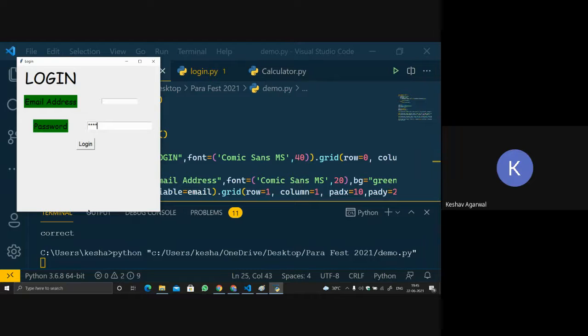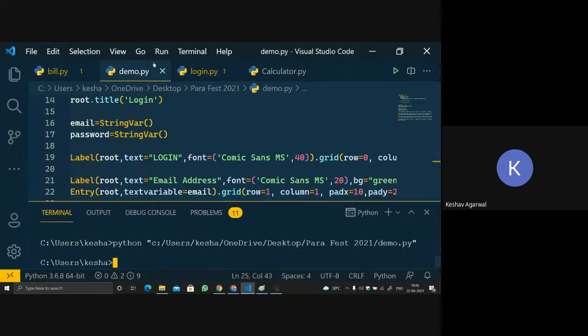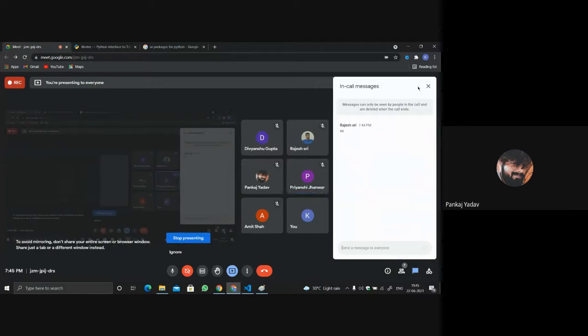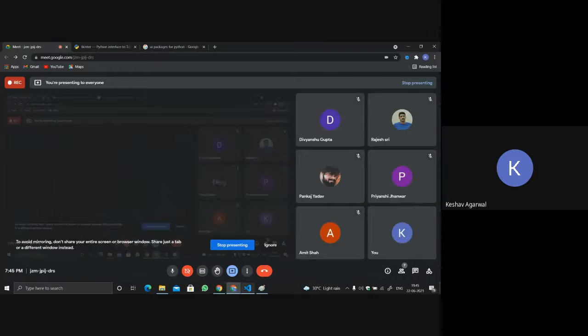So this is the basic example of GUI. Is it clear to everybody till now? Yes, it's clear. Okay.